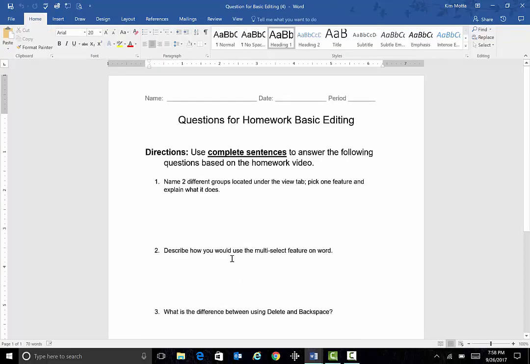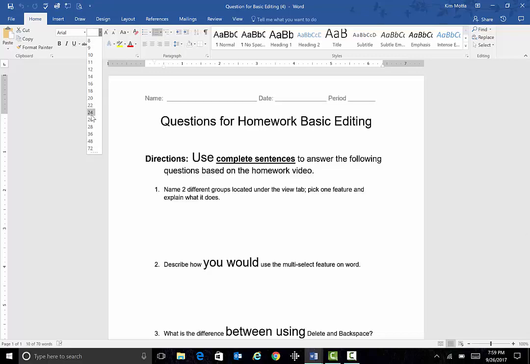There's another thing I want you to understand. There's a multi-select property. You need to hold the control key down. If you hold the control key down when you are highlighting words, it lets you pick separate words. Then you can go and change different things about those words. To do this,